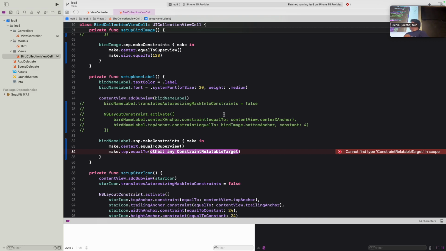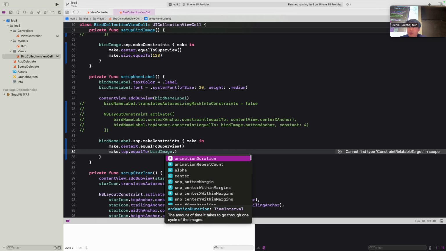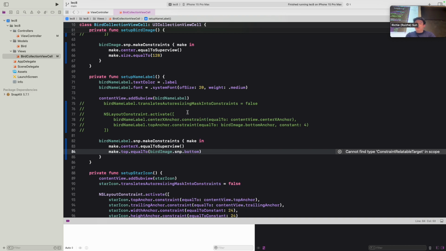So what we can do here is actually put that constraint there. So what we want to do is put it at the bird image. And then again, we want to specify that it's a SnapKit constraint. So we want to use snap. And then now we can just specify that we want it at the bottom. So essentially we're constraining the top of the name label to the bottom of the bird image.